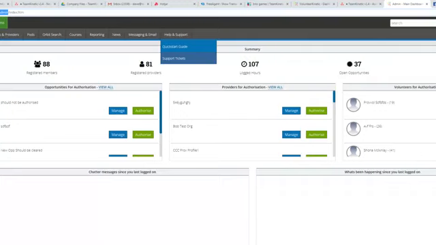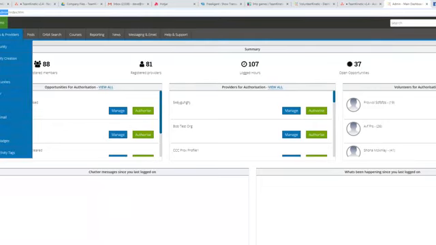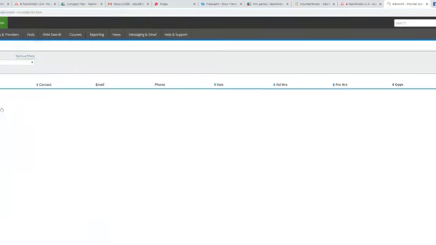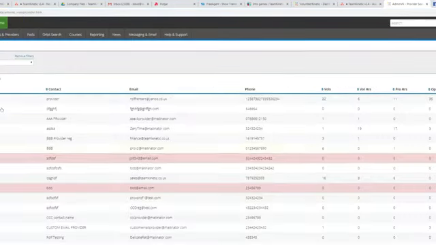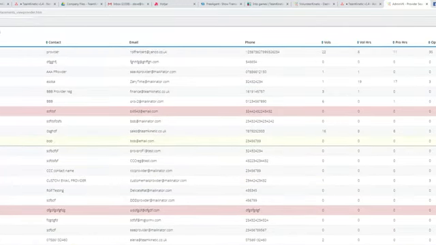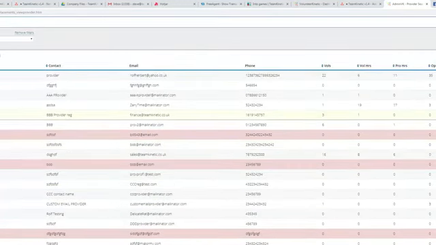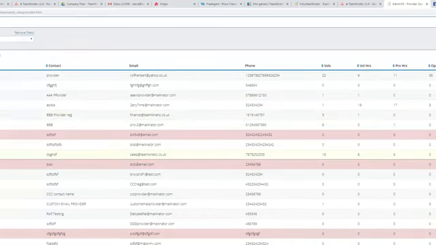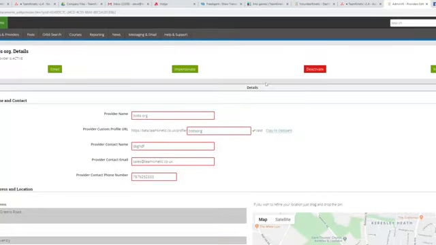Now, what I'm going to do is show you how to mark a provider as being trusted. If I go down to my providers here, first of all, you can see if they're trusted because they have this trusted star at the start of their names. If you want to mark one of them as trusted, let's just choose one, Bob's Org here. Let's go for that one. Look at this provider here. Once I go into the details, I can make them trusted by clicking this button here.